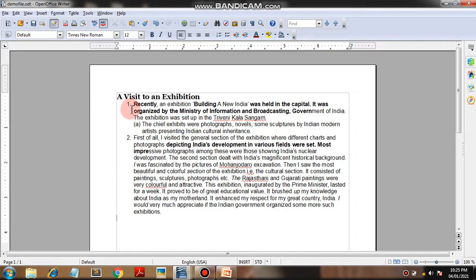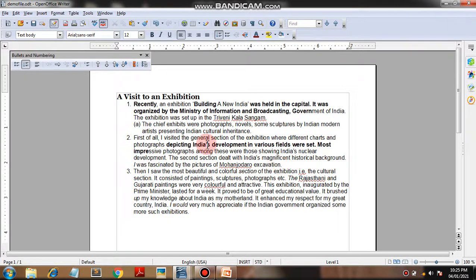See, first it starts with one and then the second sub menu is starting with A. So that is how to insert a bullet and numbering with the options here.